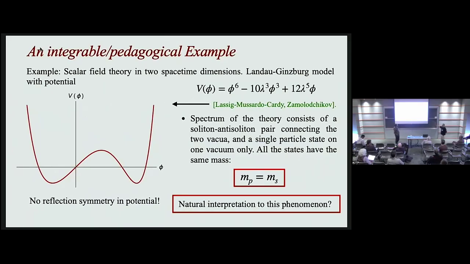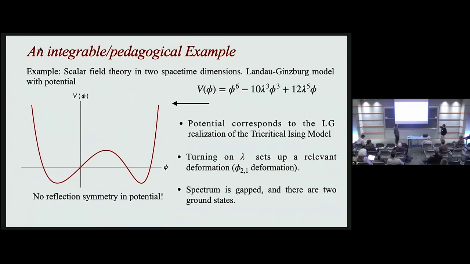I think so. Yes. I mean, if you pick lambda. So you can change lambda, but not the phi^10 and the phi^12 and so forth. Yes. Sorry, this value of the potential, I handpicked to reproduce what you obtain when you work algebraically with the critical Ising model and deform by the phi 2,1 deformation. So it has been handpicked to reproduce what you obtain by working abstractly with the CFT deformed by phi 2,1 in conformal perturbation theory, if you want. So you shouldn't take this potential that seriously.